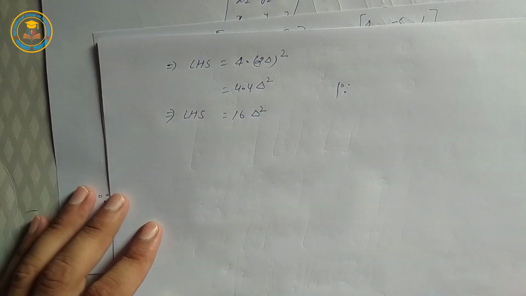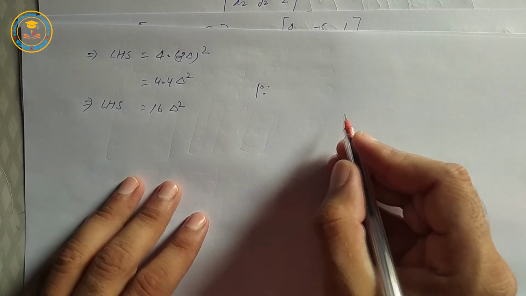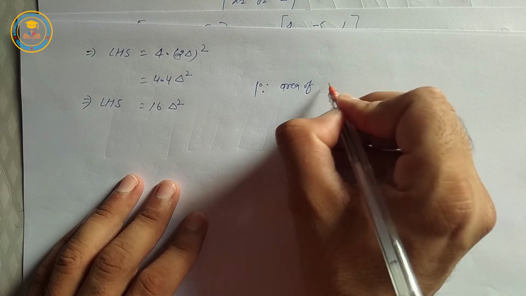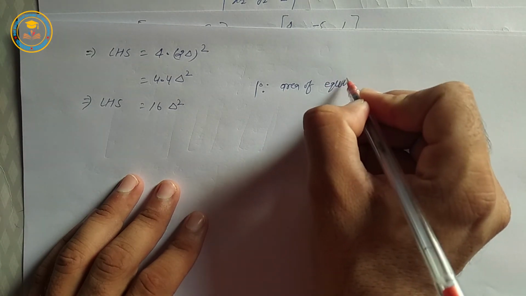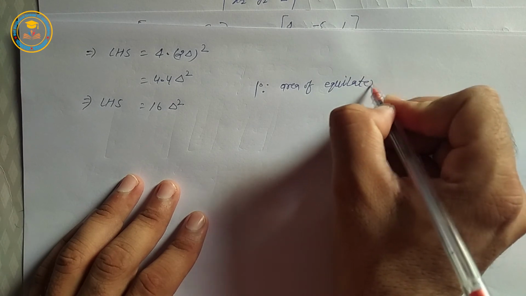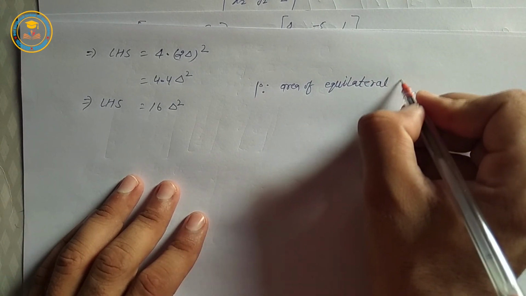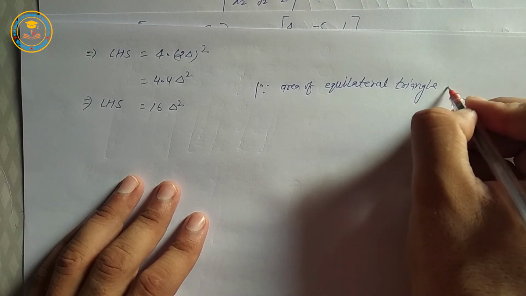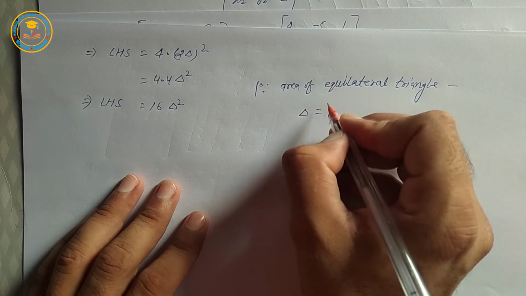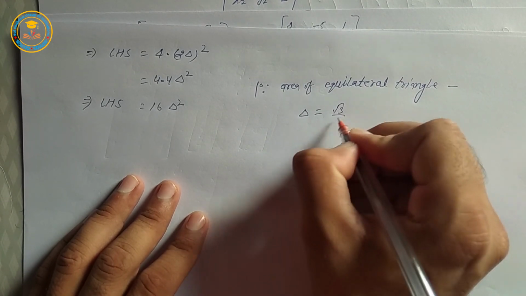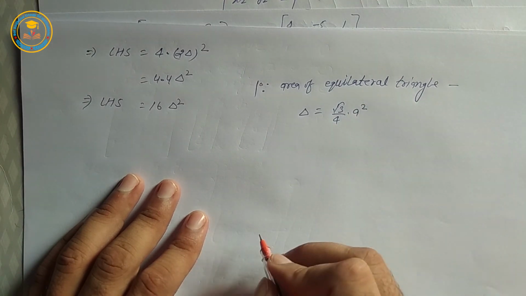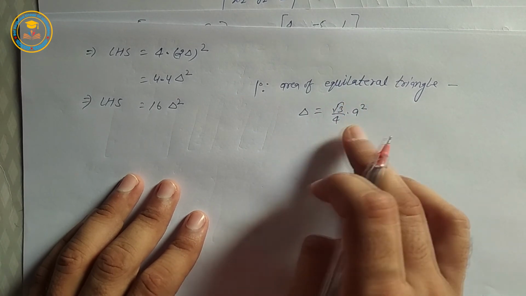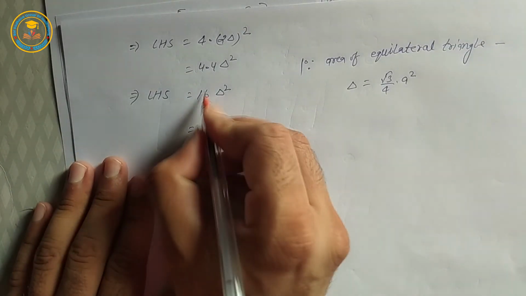Because area of equilateral triangle del is equal to root 3 by 4 into a square. Area of equilateral triangle del is equal to root 3 by 4 into a square, okay,